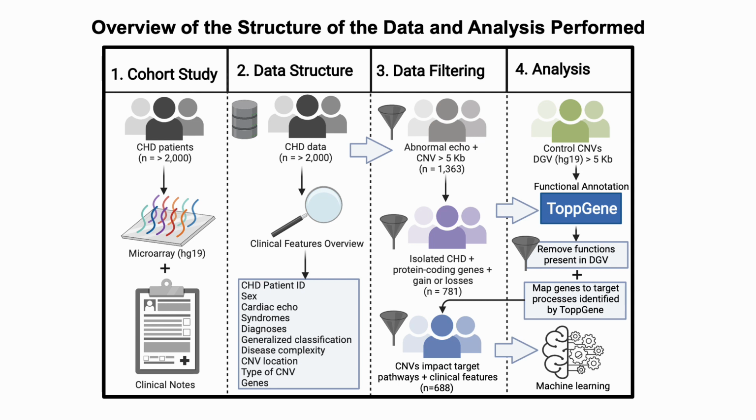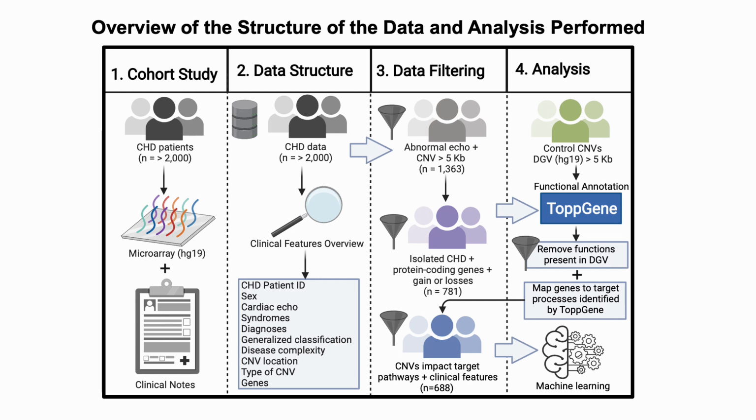In this study, we leveraged our access to data from the Cytogenomics of Cardiovascular Malformation Consortium, also known as CCVM. This dataset includes information on copy number variants and clinical notes about the patient's diagnosis. For the machine learning, we used patients who had isolated congenital heart disease, and we only focused on copy number variants that have impacted protein coding genes. The type of CNVs that we focused on are either gains or losses.